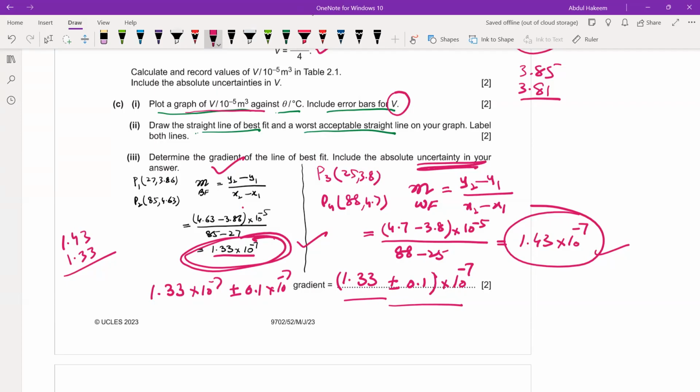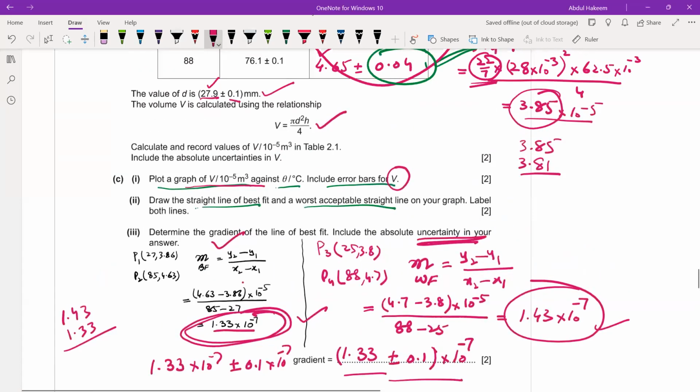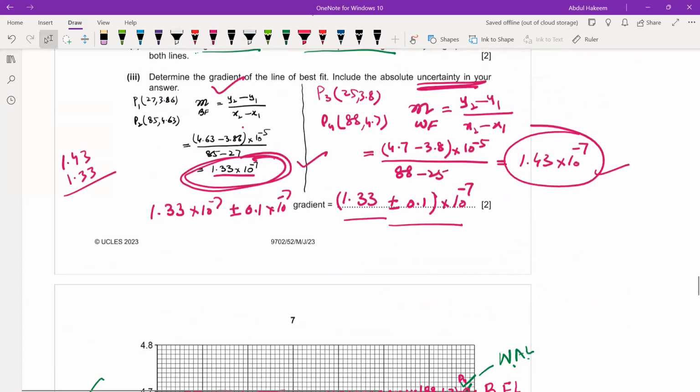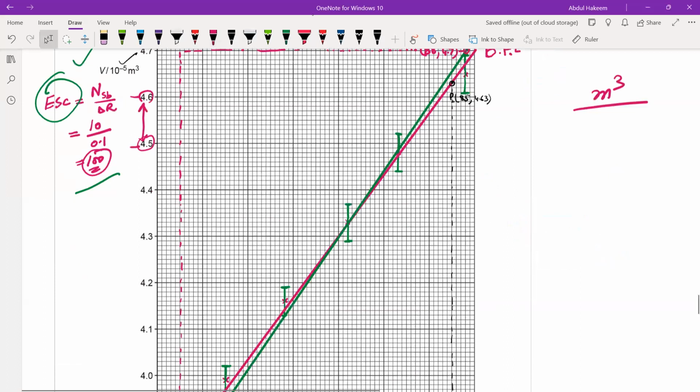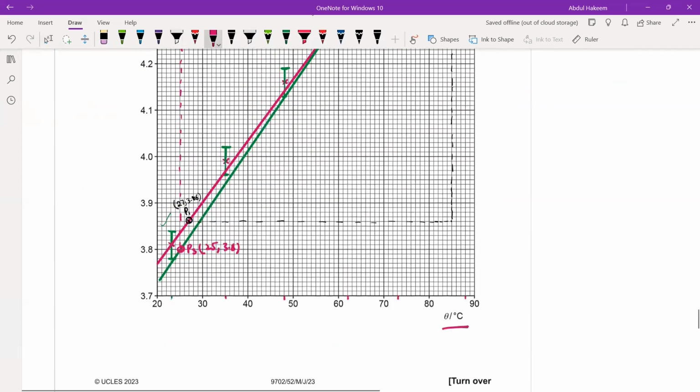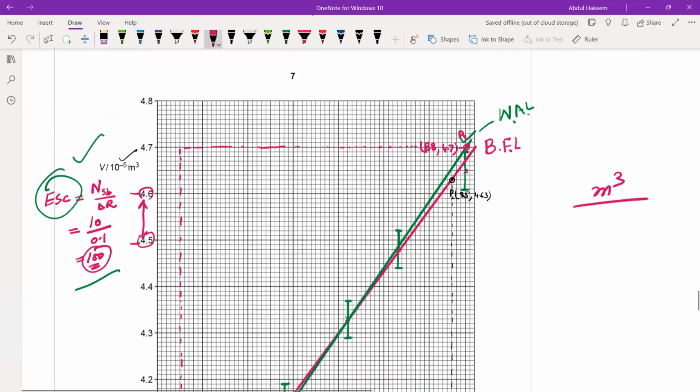The unit of the gradient is actually the y-axis unit divided by the x-axis unit. Look, the y-axis unit is meter cube divided by the x-axis unit, degree Celsius. So this is the unit of